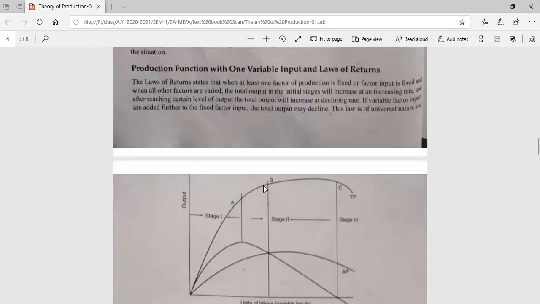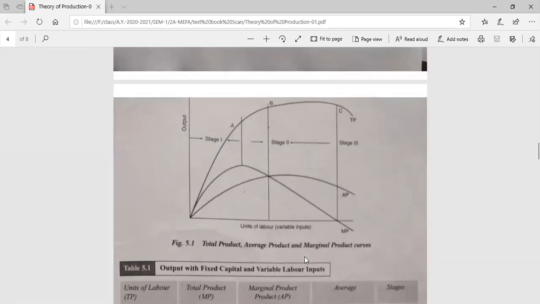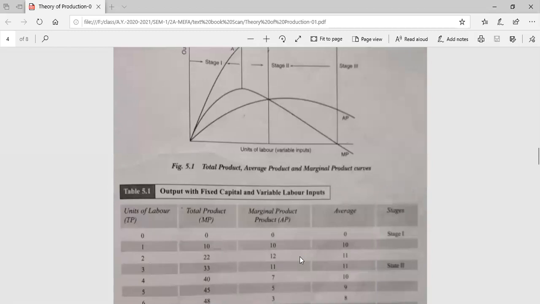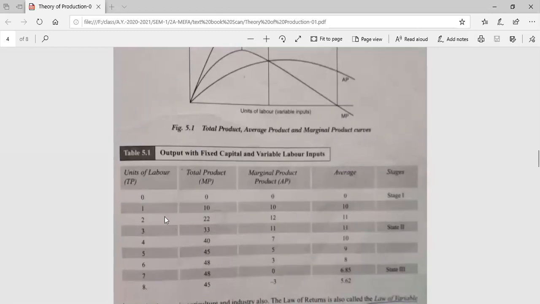So if I further increase my labor, it will be reaching its maximum value, that is the C. Okay, it will reach the maximum value. If I further increase the labor, there will be a decrease. There will be a decrease in the production also. Instead of increasing, first it is diminishing increase, later it becomes negative. You can clearly observe here.